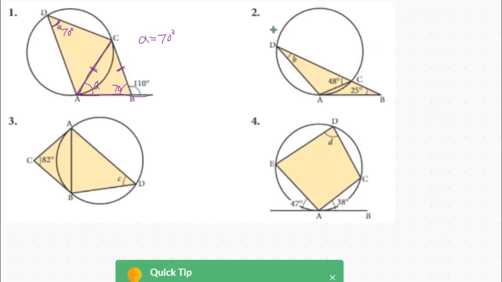Now let's do question number 2. Here this is a tangent line. AB is the tangent line and AC is the chord. So this angle between the chord and tangent line will be equal to this angle, which is B over here. Therefore this is also B,